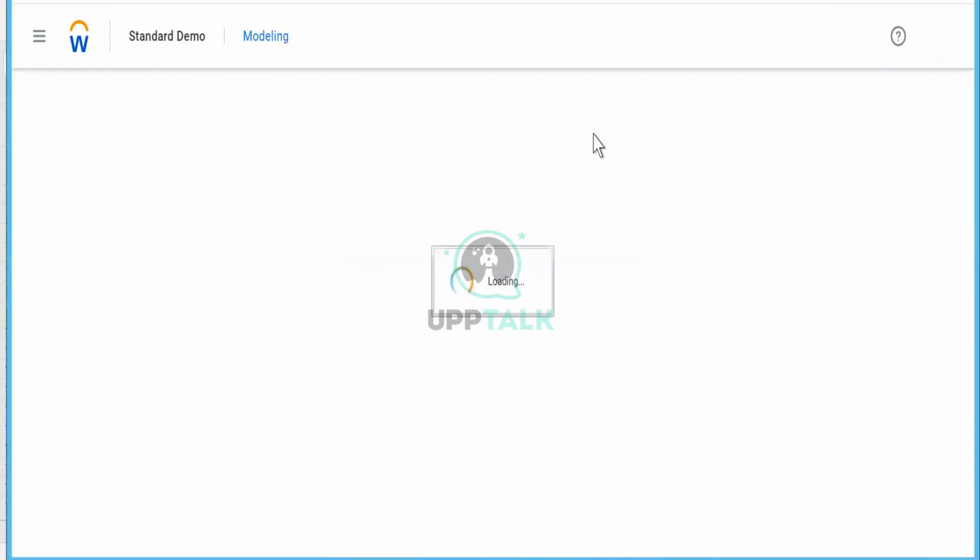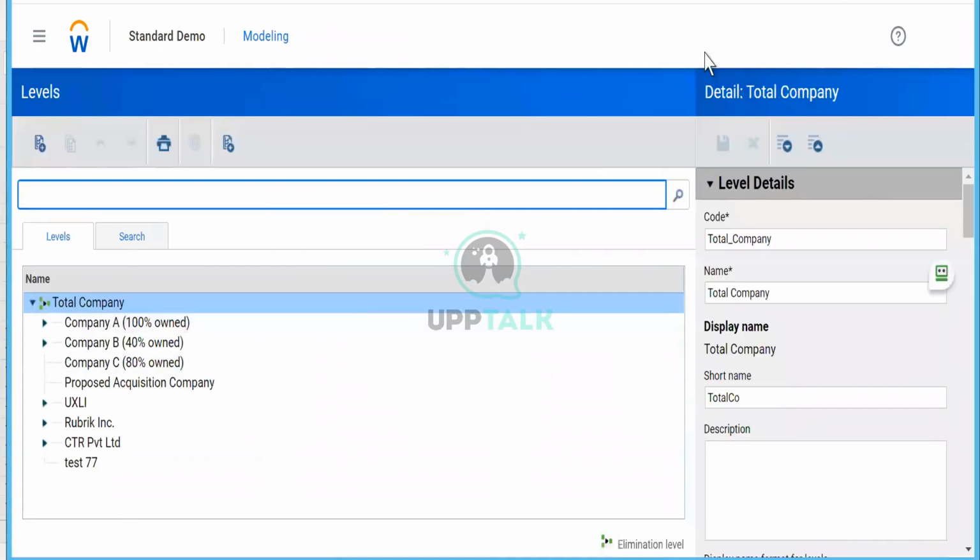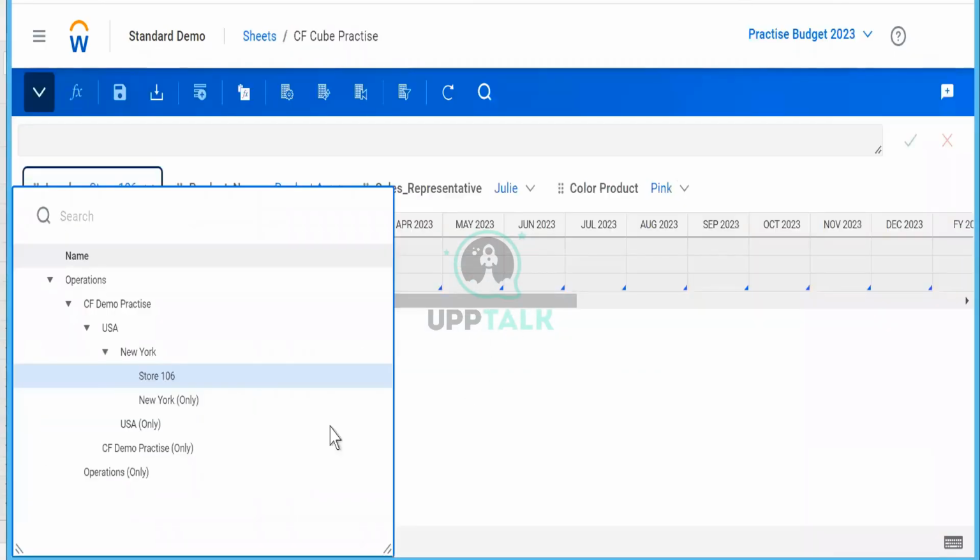If there are certain assumptions to be entered at some level, for example if you want the increment to be given for New York people and New York shows, you can use New York only, and that data is entered there. Usually that is not used.